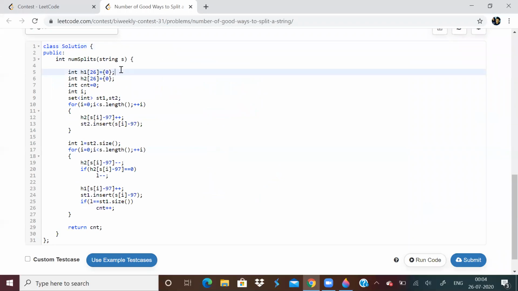This hash table will be for string P and this will be for string Q.